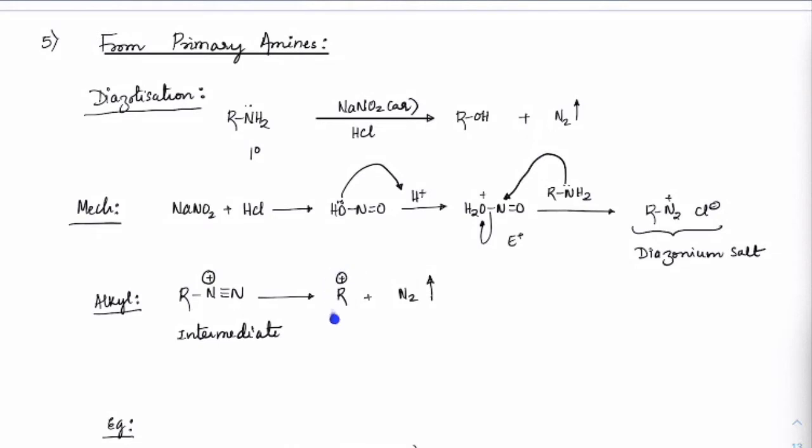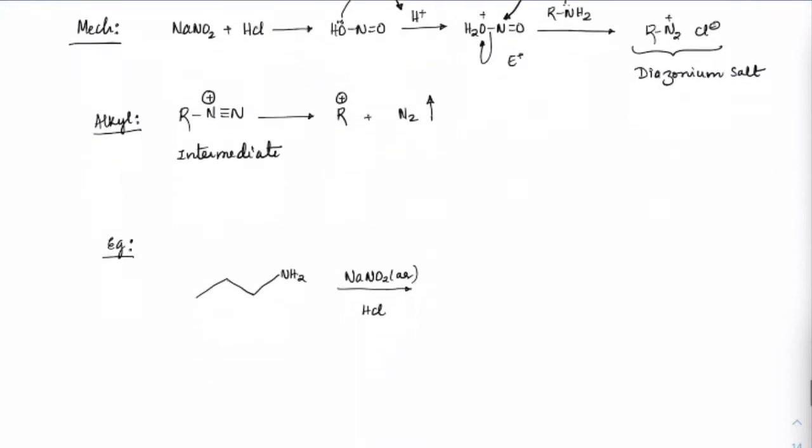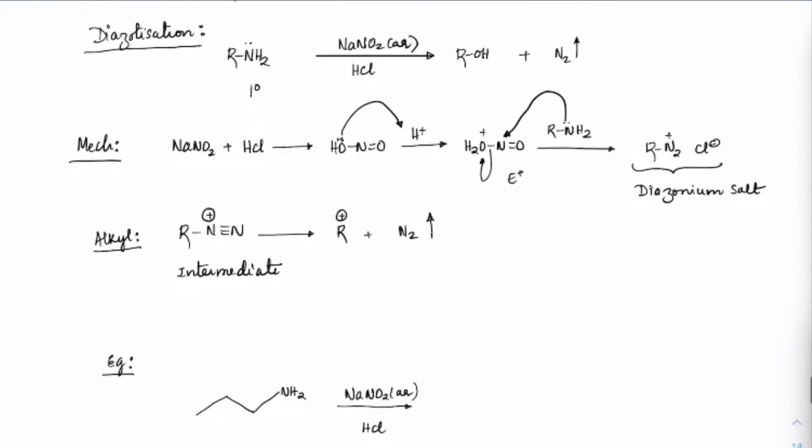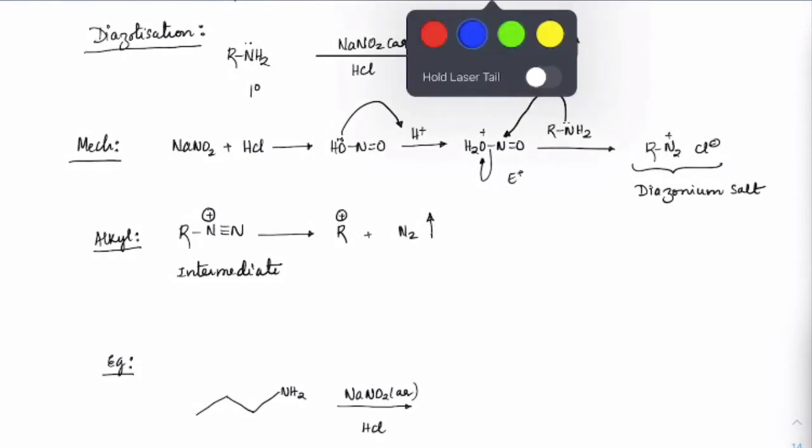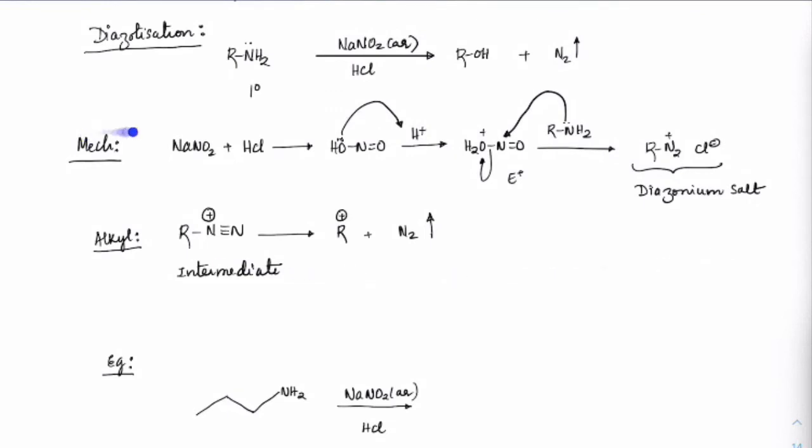So when you take it in aqueous solution, R plus will have more presence of some nucleophiles here, which includes water, includes Cl minus. So we have few compounds present in the solution. So let's see that with an example. First write this overall reaction, everyone. Even if you don't write this mechanism, that's okay, because we have written this mechanism multiple number of times.